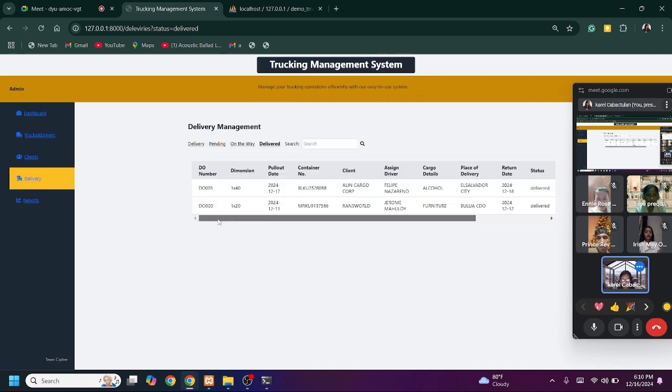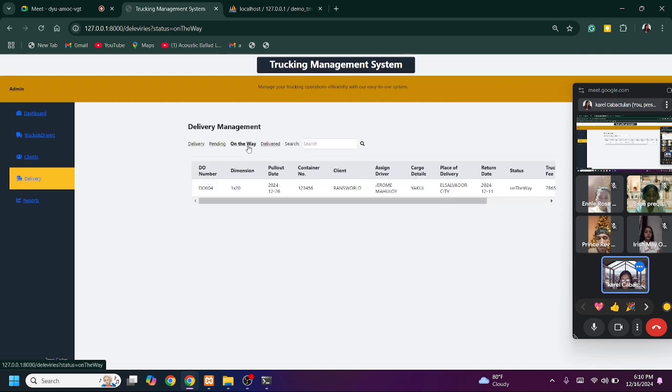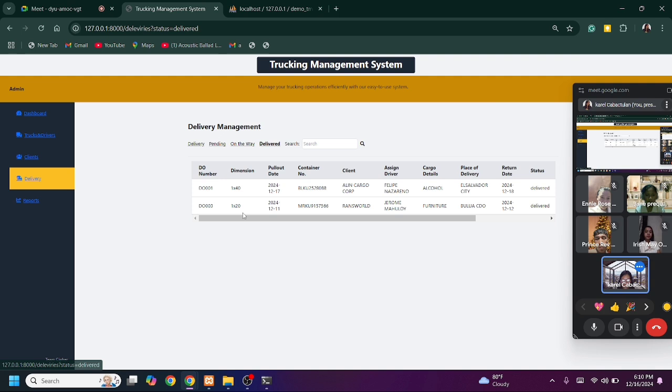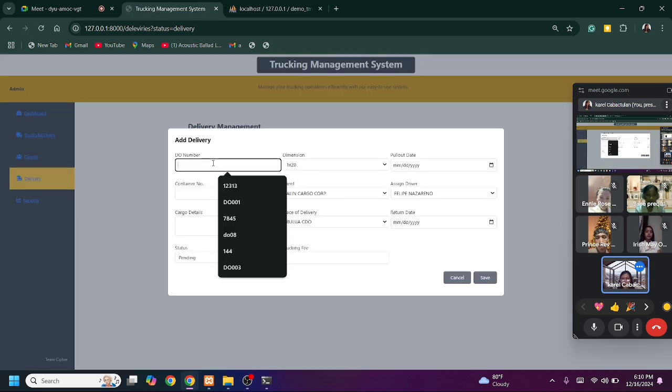It's good to go now. Let me try to add another one for the delete function.